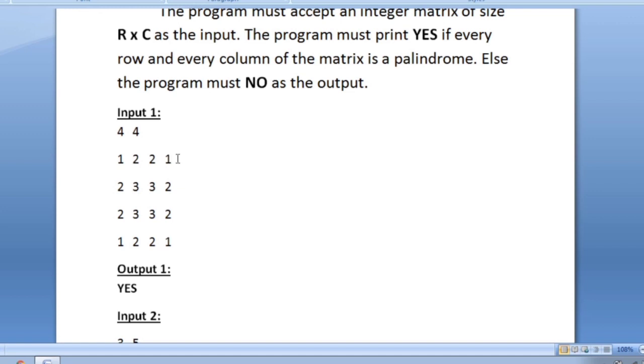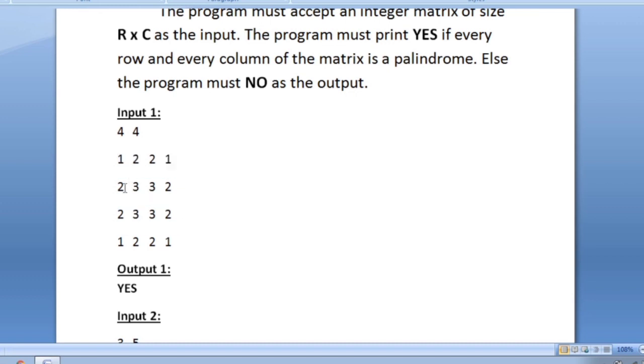And similarly when we read the values from last to first, the values are 1, 2, 2 and 1. So when we read the values from both first to last and last to first, the values are the same. So this particular row is a palindrome.